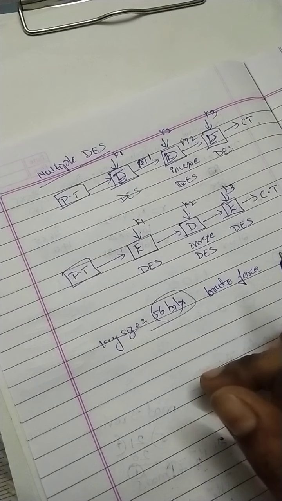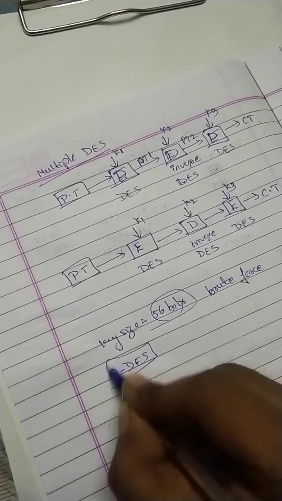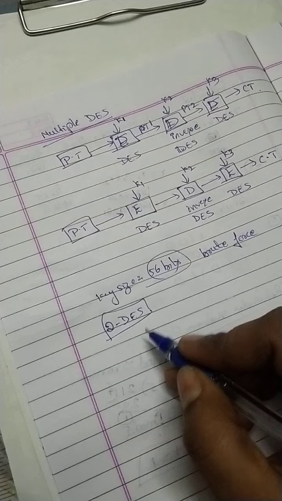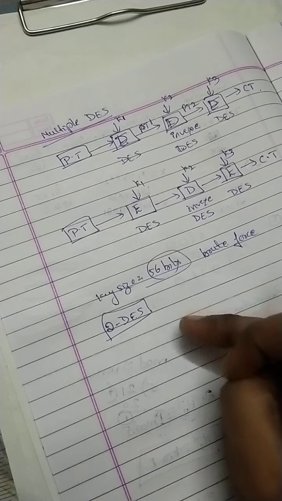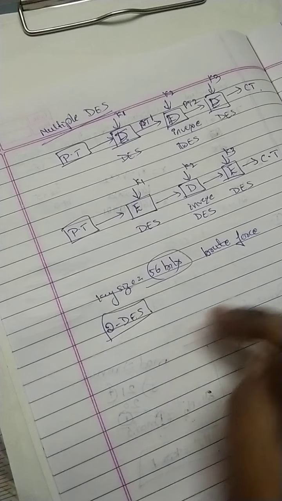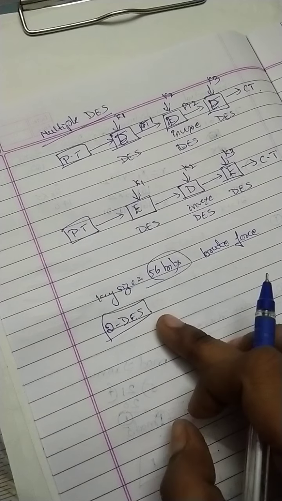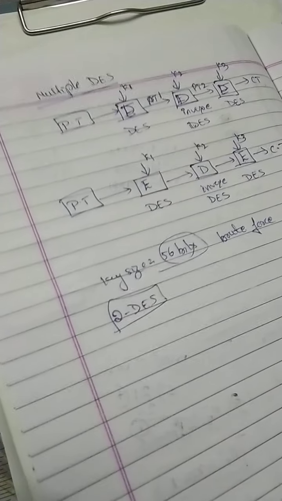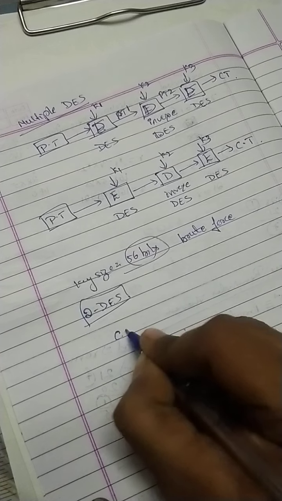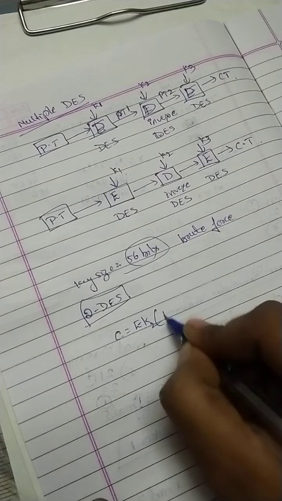To avoid this, we will first use double DES, two times the DES. You know the DES algorithm uses an initial permutation, then 16 rounds using different keys generated by a key generator, and lastly a final permutation. The same method is used two times, so the ciphertext is obtained using two keys.